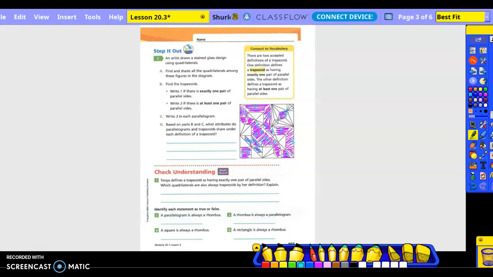Okay, so letter D, based on parts B and C, what attributes do parallelograms and trapezoids share under each definition of a trapezoid? So they have at least what? 4 sides. So